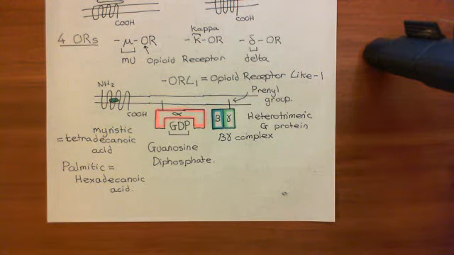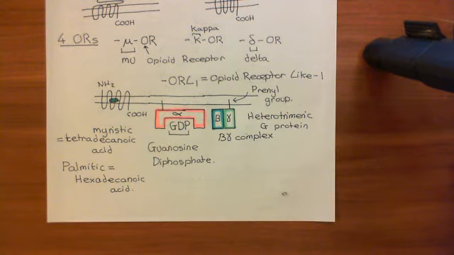Okay, so welcome back to this next video in which we are discussing opioid receptors. We've talked about the 4 different types of opioid receptors now: the mu opioid receptor, the kappa opioid receptor, the delta opioid receptor, and also the opioid receptor like 1, the ORL1. Basically we've discussed that all 4 of these are rhodopsin family G protein coupled receptors, which means